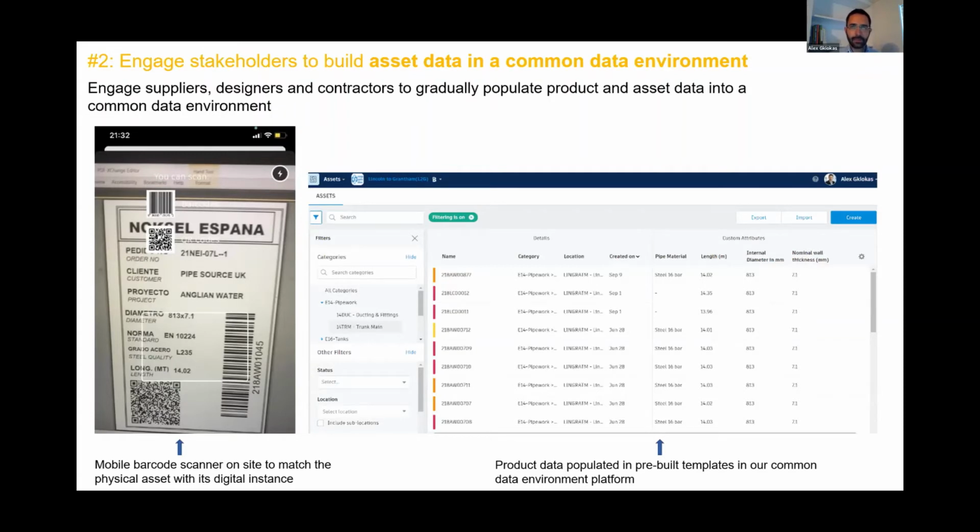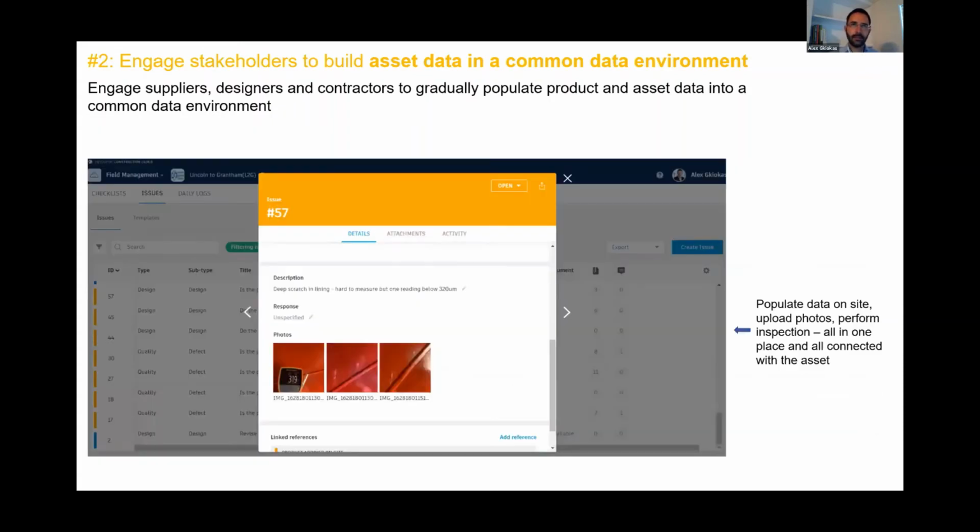This is quite important because if you think of it, the information is growing gradually. The manufacturer in the first place has provided a number of product data, and then we pass over to the site teams who undertake condition assessments, the commissioning arrangements, etc. What they do is take down notes, take pictures.